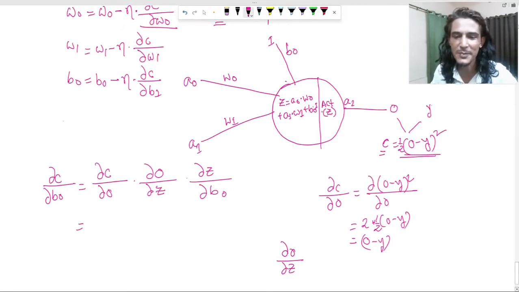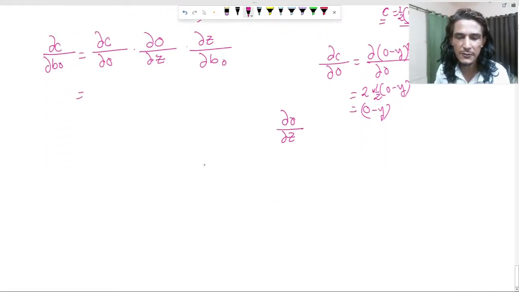And obviously that depends on what activation function we are using. If you're using... you appreciate that point, right? The rate of change of this output with respect to z is nothing but the derivative of this activation function, right? So instead of writing it in a specific form, for the time being,